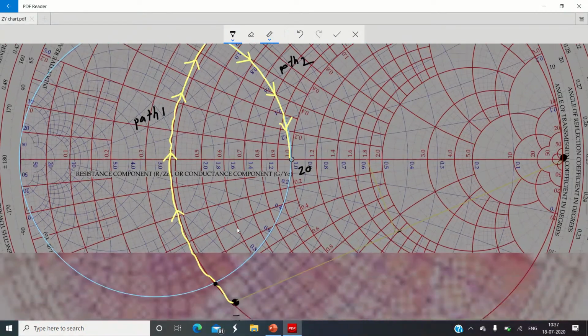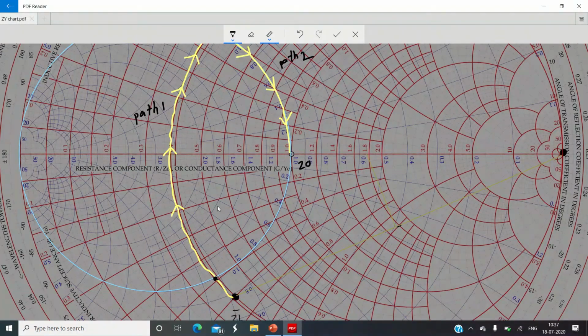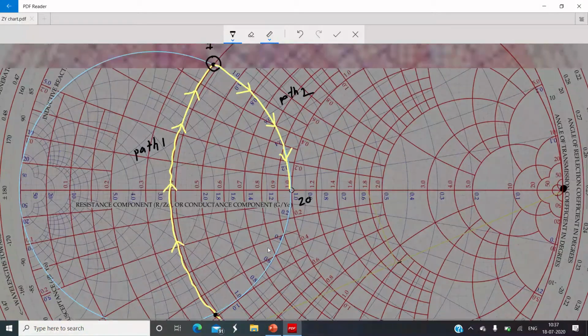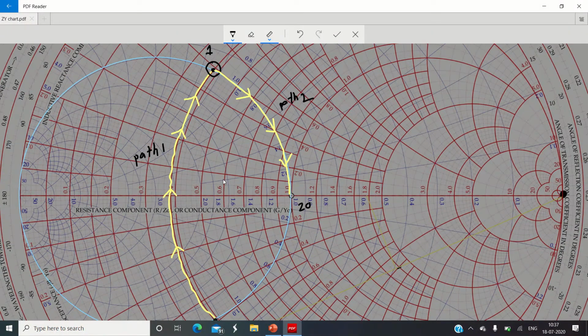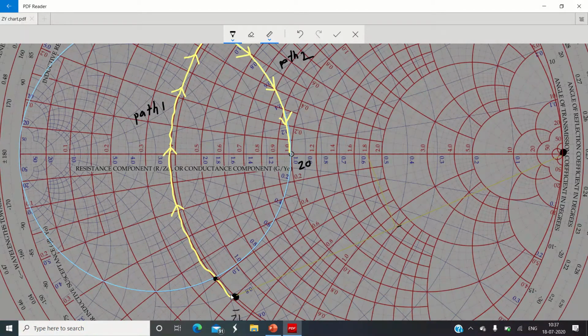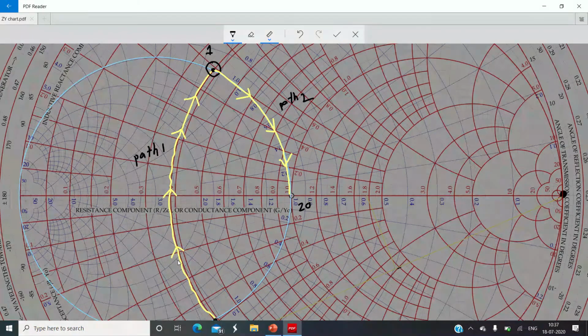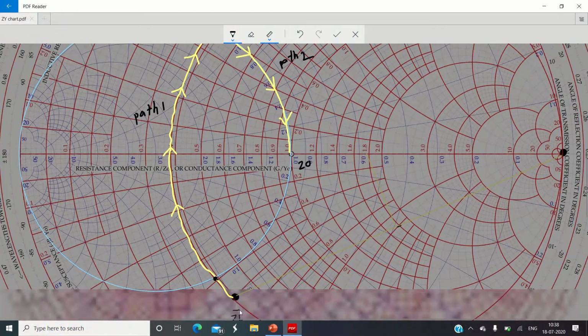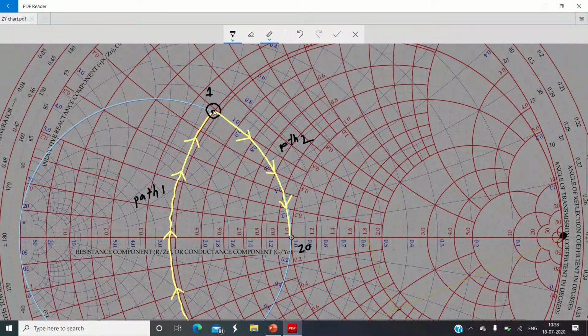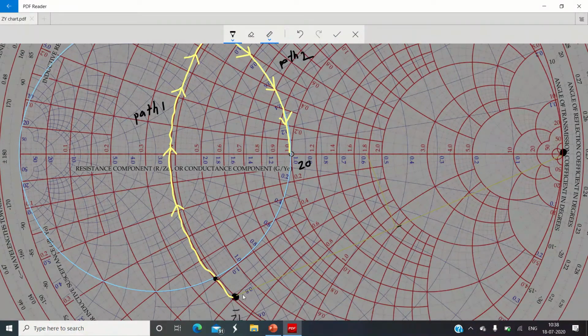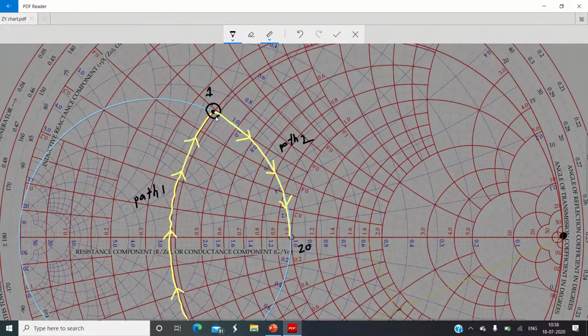This is a very critical and important operation in the Smith chart while locating the values of inductors and capacitors. In the hard copy of the Smith chart you should show the tracing of these paths accurately, label them, and clearly highlight the starting point and the destination point for the first path as well as the second path. For the first path, the starting point is ZL bar and the destination is point number 1. For the second path, the starting point is point number 1 and the destination is the center of the Smith chart, which is Z0.